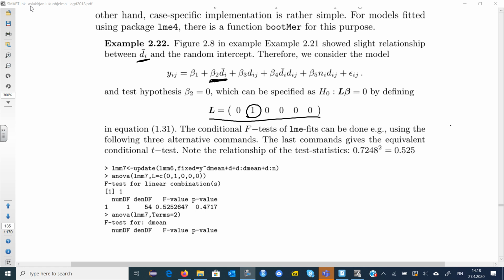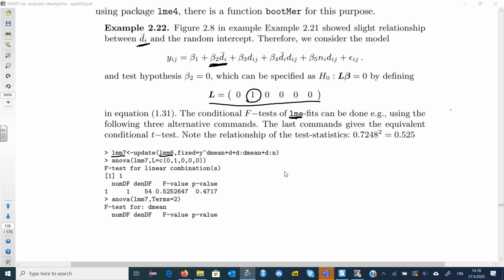And in R, in models fitted by using function lme, this test can be done in various ways. First, here we update the model LMM6 by including this mean diameter as an additional predictor, and then we save the new model to object LMM7. Then we specify the contrast or hypothesis matrix L, and then we can do this using the anova command, and we get the value where the numerator degrees of freedom are 1, and